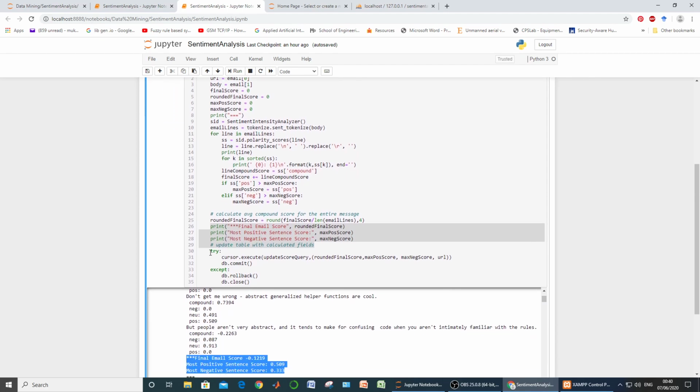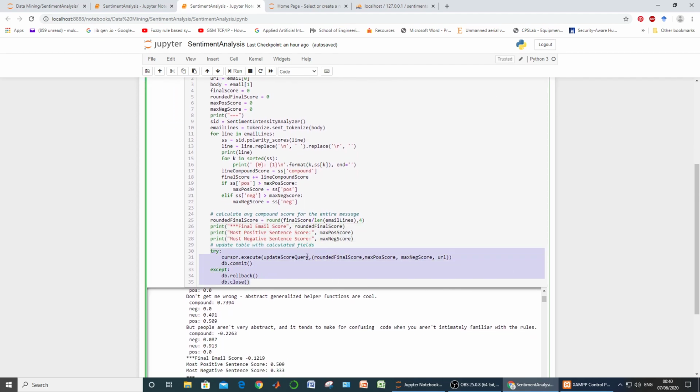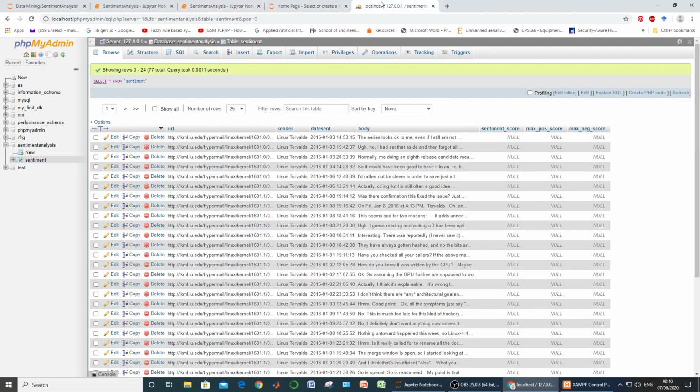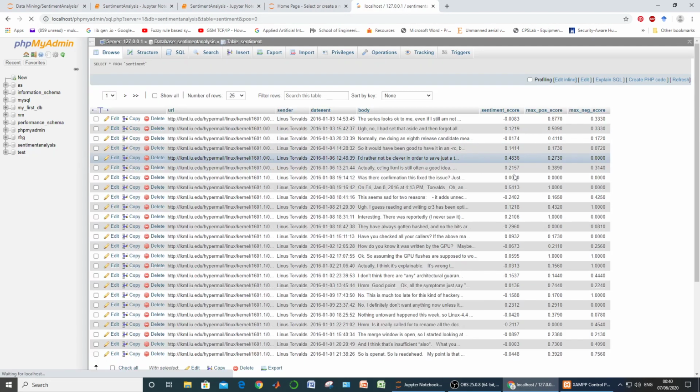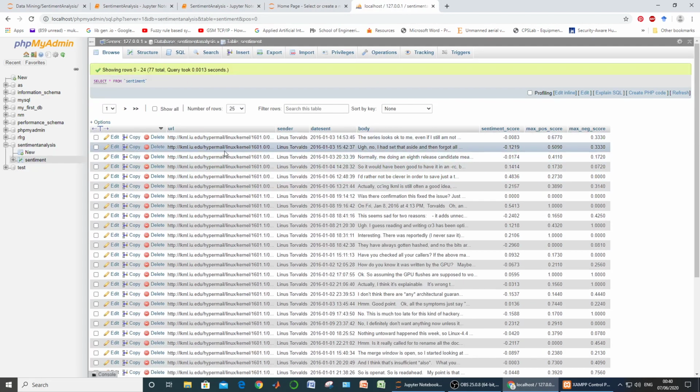And the last part was its updation into the database. Now let us see whether these values are updated or not. Refresh it, and after refreshing what we see is email number 1, sender, date sent, then body, this is the sentiment score, then the maximum positive score, and the third one is the maximum negative score.